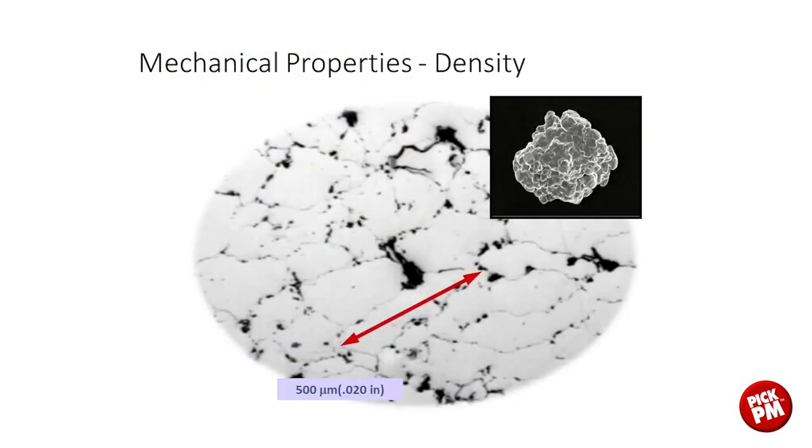In this graphic, you can see a powder particle, and you can see the deformation that occurs in compaction. So what's really happening in the compacting process? As we increase density, we're decreasing porosity. And what we see here is an increase in the area of contact between powder particles due to particle deformation